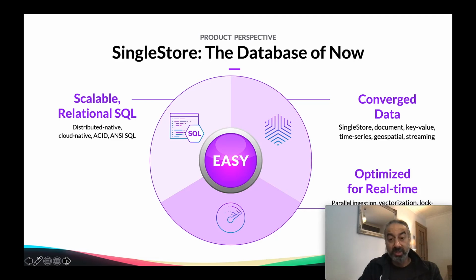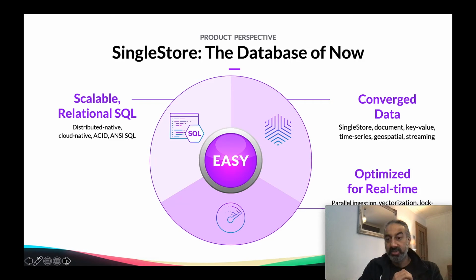We are built for converged data. This is one of the great aspects of the design of SingleStore. We mix row store, which is primarily running in memory, and column store, which is disk based. So we're bringing together those two worlds, allowing you to high speed ingest into memory first, and then slicing and dicing that data on disk, which typically requires much more data.